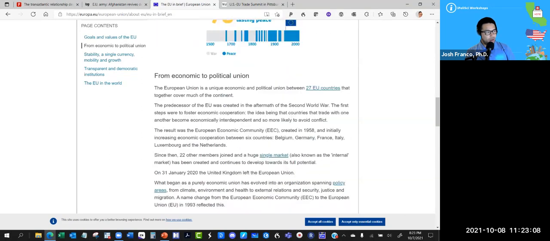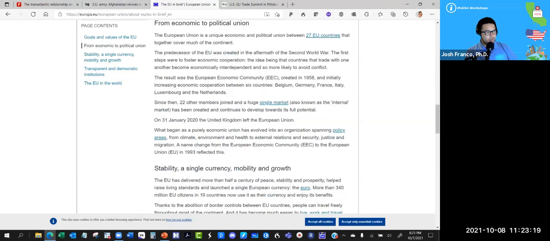And so they went from economic to a political union. They were largely focused, like I mentioned before, on coal and iron and basically working together to expand their rail and other industries. And then from there, what really changed them was having what's called a single market. So instead of having essentially borders across these countries when it came to people and goods, they were going to eliminate those so that there'd be the free movement of goods and people on the European continent. And this is obviously very significant because it demonstrates that independent sovereign countries can work through their differences and find these commonalities.